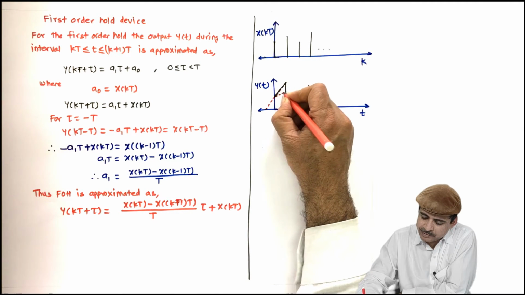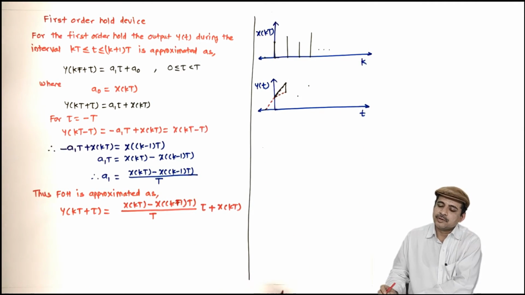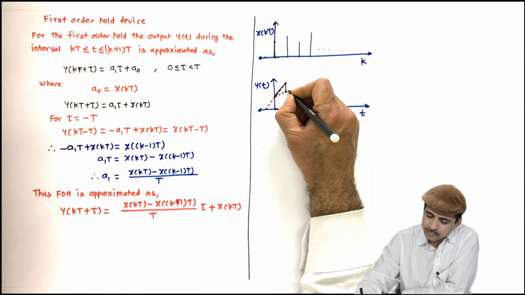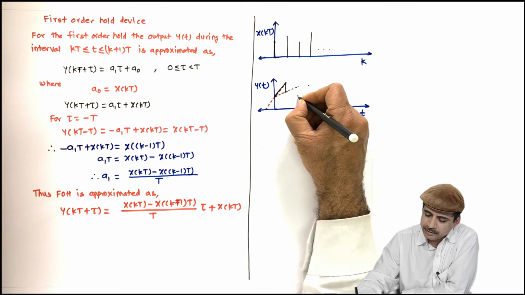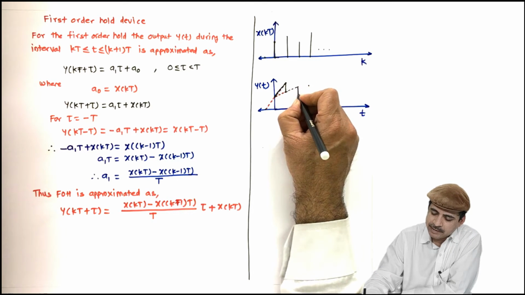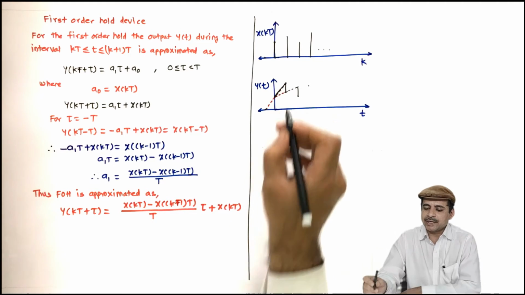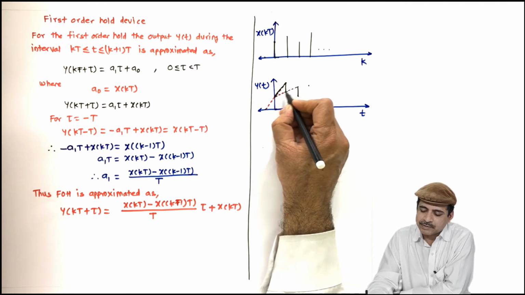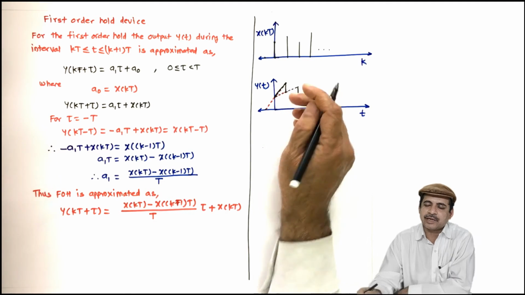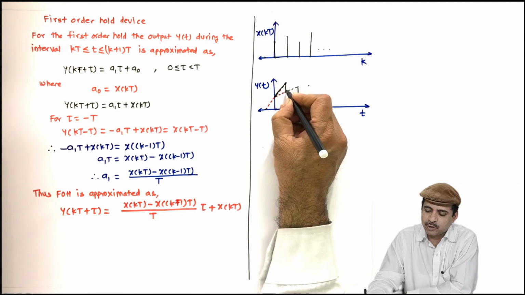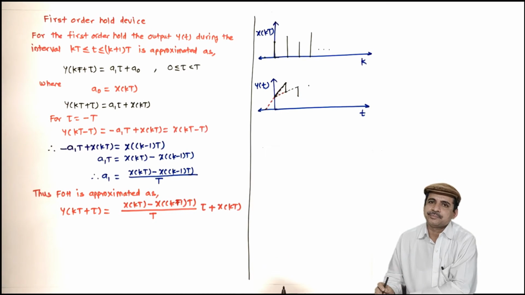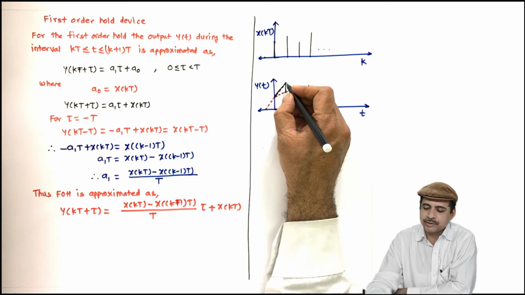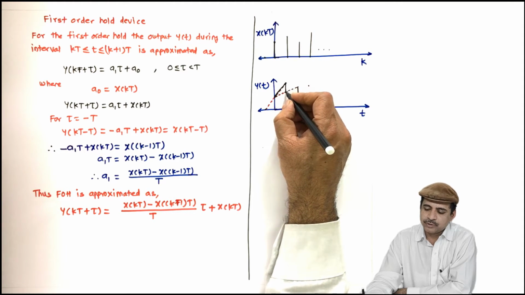For the next sample this is the slope, so from here I will move with this slope till this sample, and at this sample now this sample is available. So what I am doing, I am approximating the output between the samples. I know this sample is here, this sample is here, but how it will go, and this sample was not available when I was here, but when I reach here, and now I have got this sample, so wherever I am, from that I have to move to this sample.